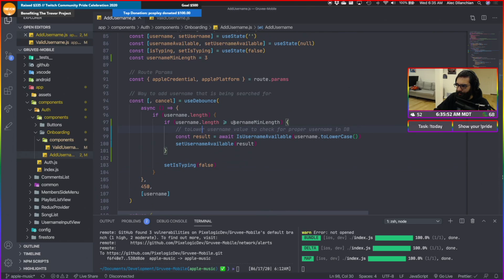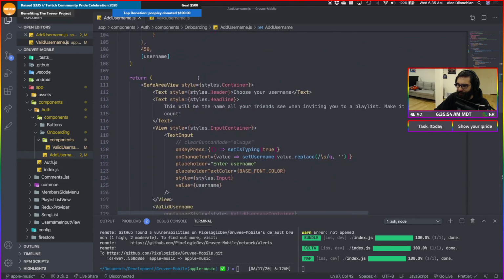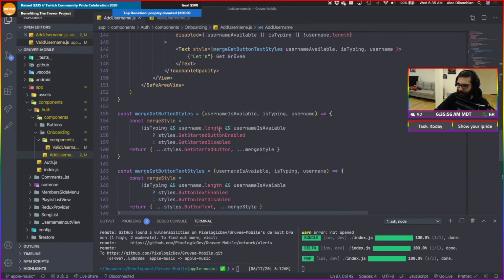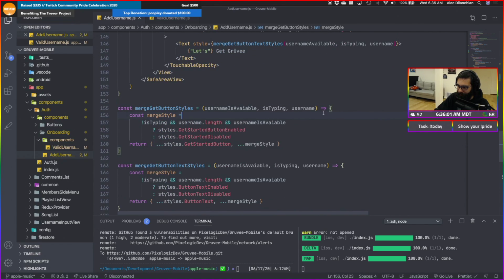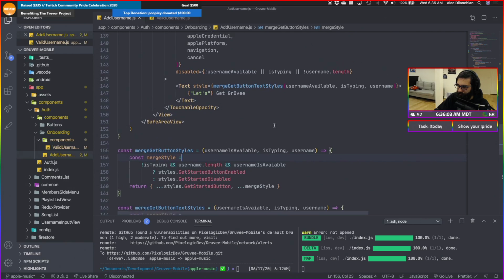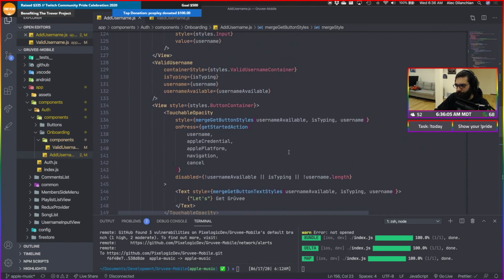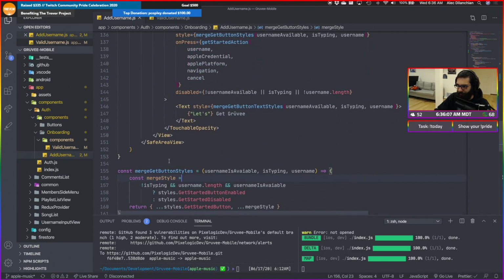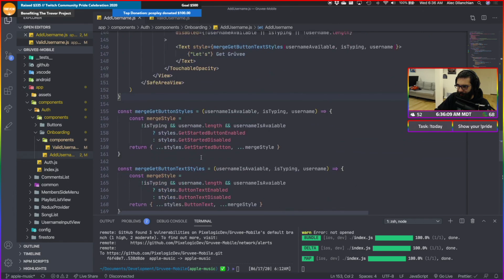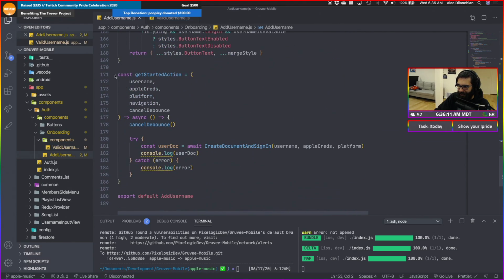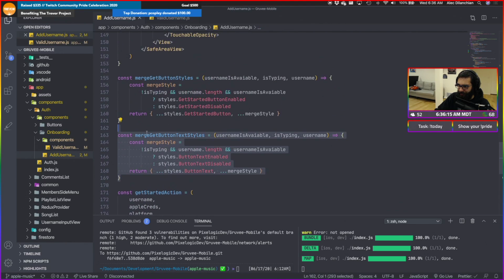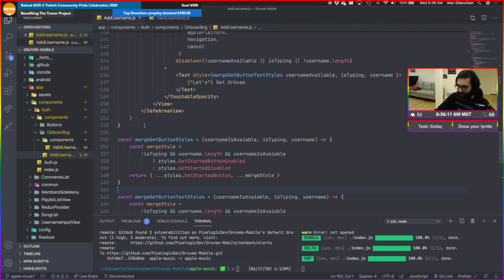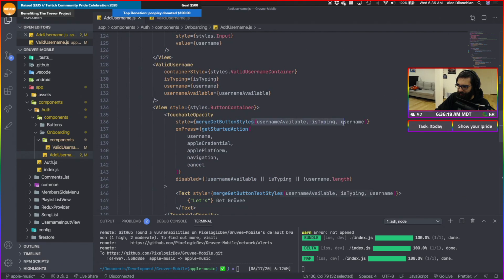Let's get back to this then. We need to change the state based on our username length now. I feel like we should probably make a function for this, because we're adding a bunch of different pieces and we can just call it here.